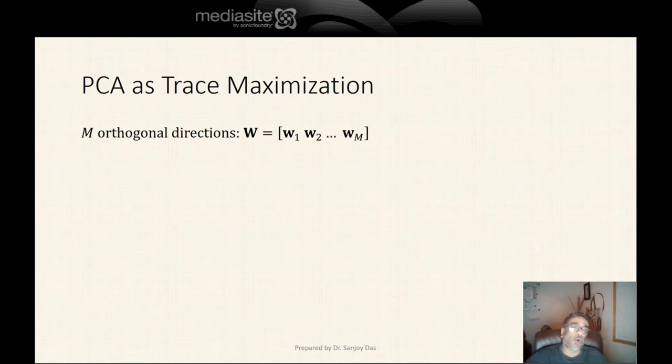What we require is M orthogonal directions, and this M is obviously less than d, the dimensions of the data points. These are the directions W1, W2 until Wm, and we can concatenate these vectors W1 through Wm into one matrix, uppercase W, and that gives rise to